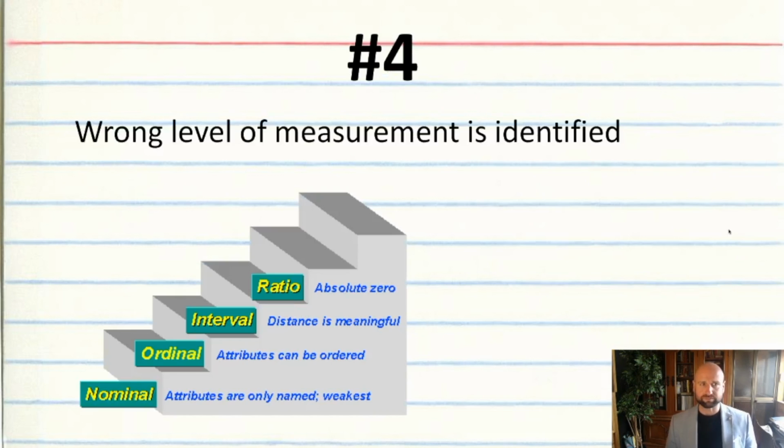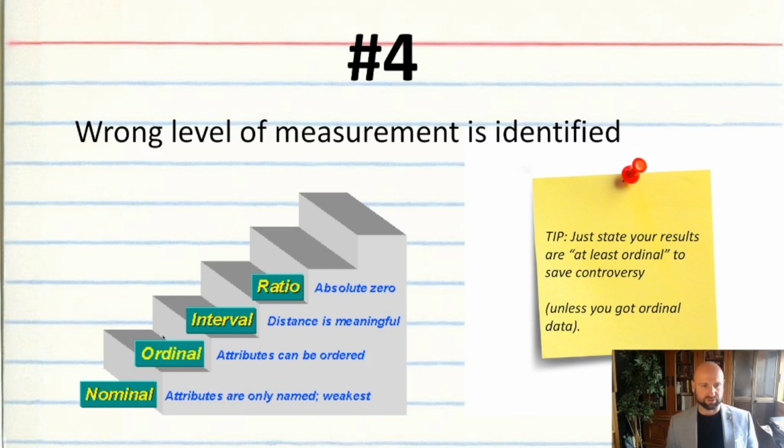Okay, now number 4. The wrong level of measurement is identified. So there are 4 levels of measurement: ratio, interval, ordinal, nominal. I'm not going to go into detail explaining what these mean right now. But sometimes if a student says it's ratio, I've read chief examiner comments to the extent of, the wrong level of measurement is identified. Now, to be safe, I would say that just state your results as being at least